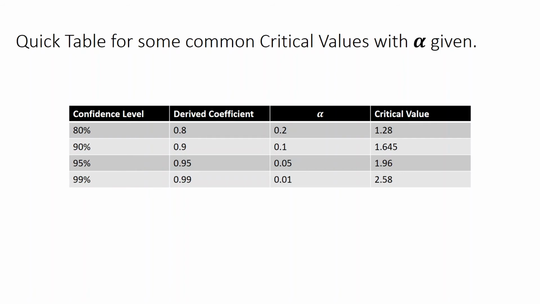The cases of unknown standard deviation we are going to look at in the next tutorial. But for now just keep this in mind: the population standard deviation needs to be known. Apart from that, you need to have more than 30 values. So those are the two rules that you have to consider, and then you can find the confidence interval using the z statistic. And this is a table where we set the confidence level.